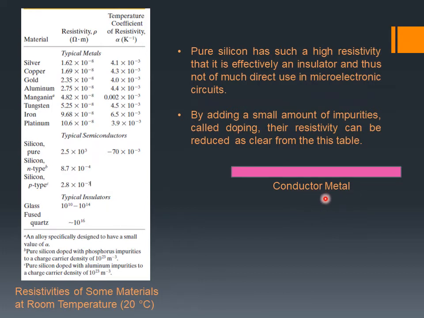In conductor metals there are free electrons, but there are other electrons which are bound to the atoms. The free electrons move randomly, and the other electrons, which are bound to their respective atoms, don't move freely. But if you apply an electric field to this conductor metal, for example copper, as I explained in previous lectures, the electric field applies an electric force on those conduction electrons, and they start moving in a particular direction.